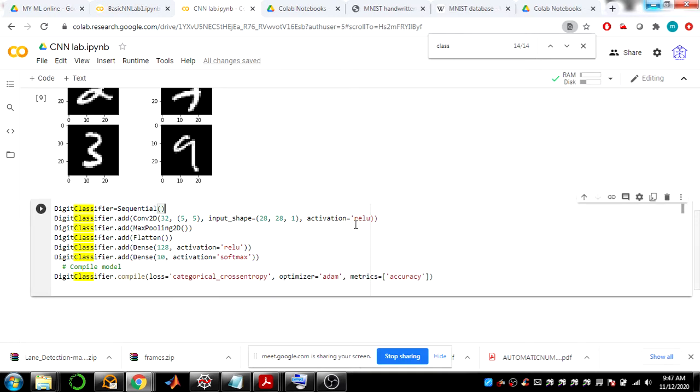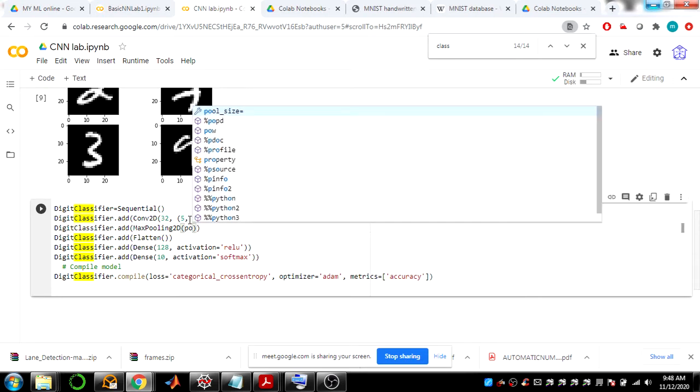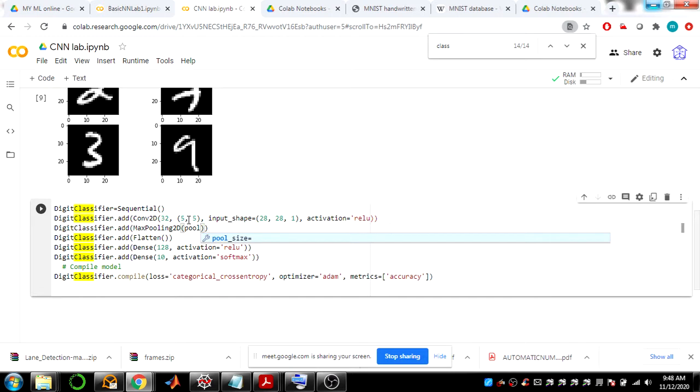Activation is ReLU, and then a MaxPooling2D layer. You can mention the pooling size here, pool_size equal to 2, 2.